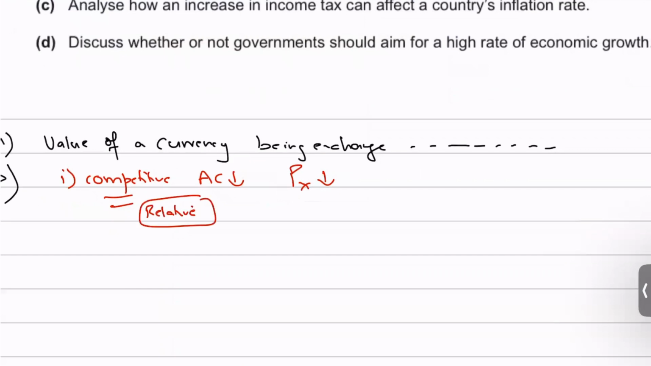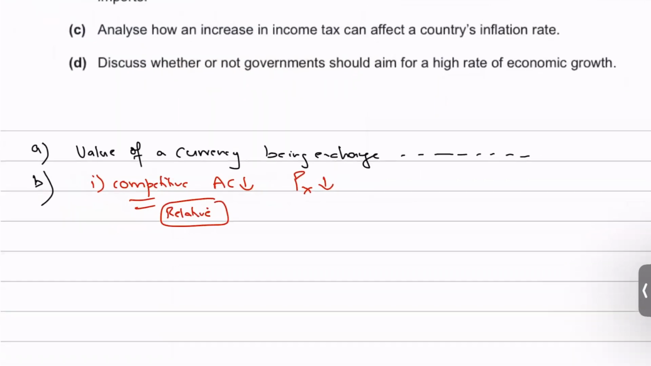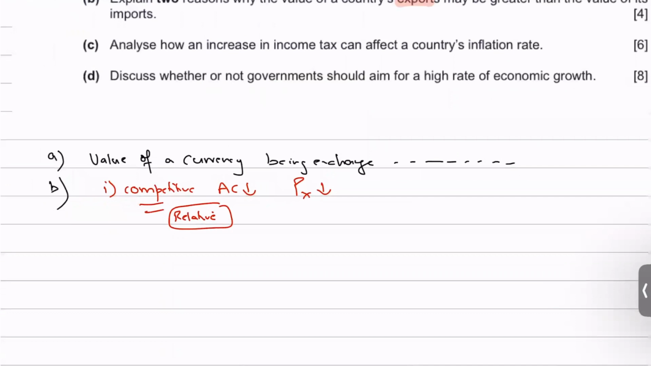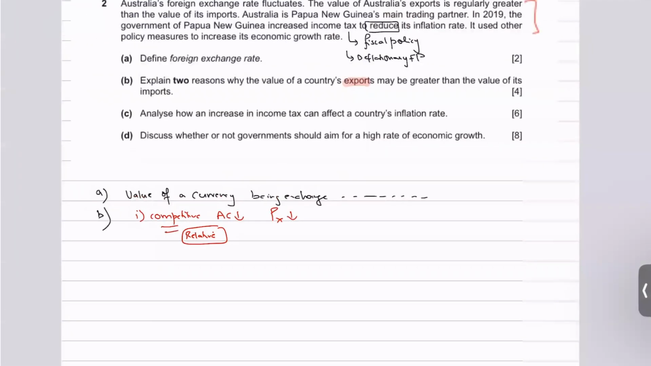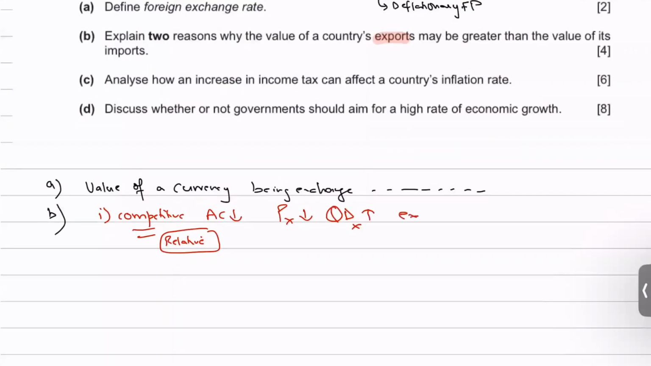So the reason is that since exports are more competitive relative to other countries, the price of exports goes down while the quantity demanded for exports goes up. And because of that, the export revenues go up, and that causes the value of a country's exports to go up as well. So, first of all, exports are competitive,